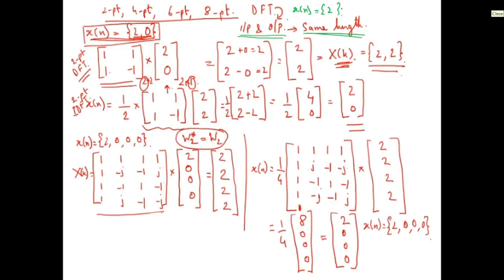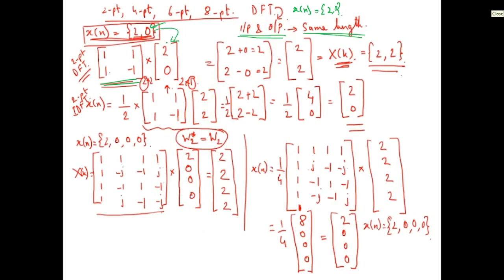So we have to pad the signal with 0. So if I put 1 0 over here, it does not change the signal. If there is nothing, that means the value is 0. Okay. So this addition of 0 is called padding with 0. Okay, 0 padding or padding the signal with 0. Okay, so xn equals to 2 0. So this is our DFT